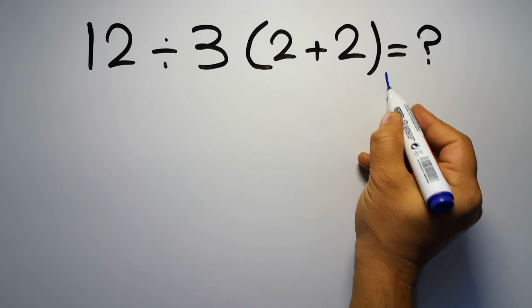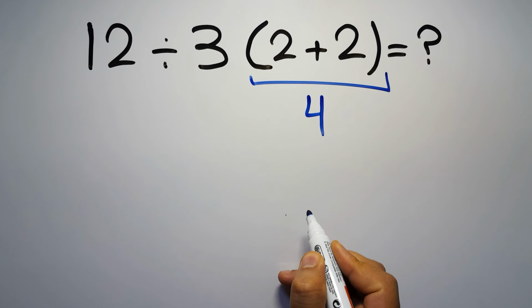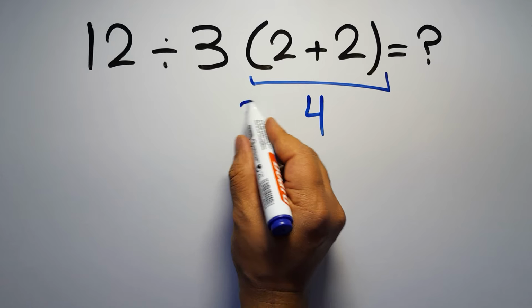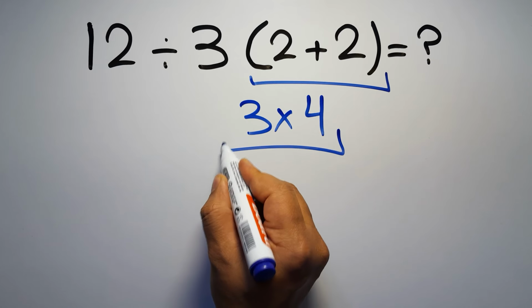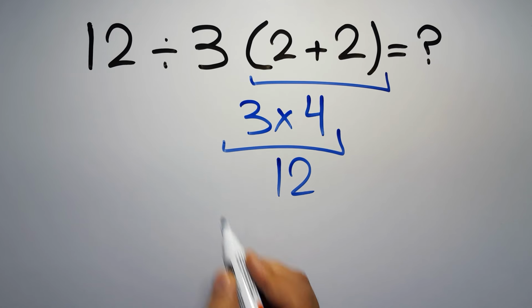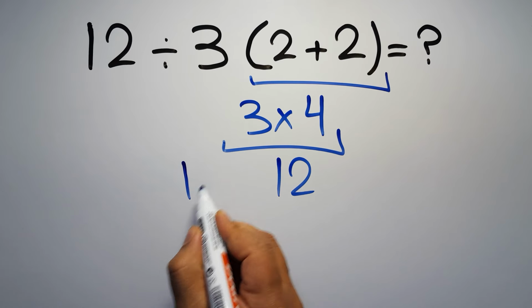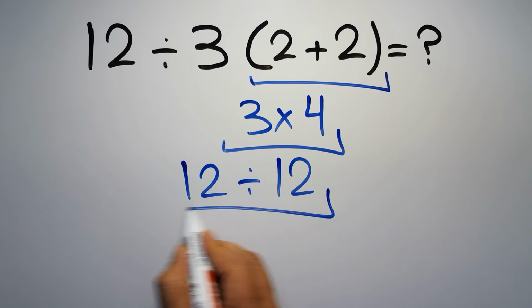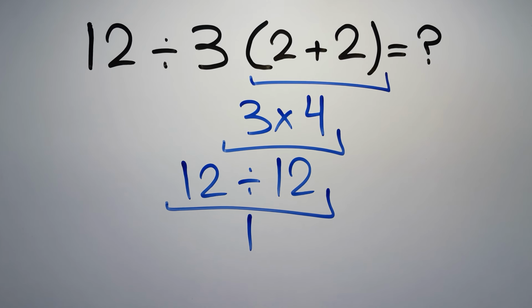2 plus 2 equals 4. And 3 times 4 gives us 12. So 12 divided by 12 is just 1. But this answer is not correct, because according to the order of operations, first we have to